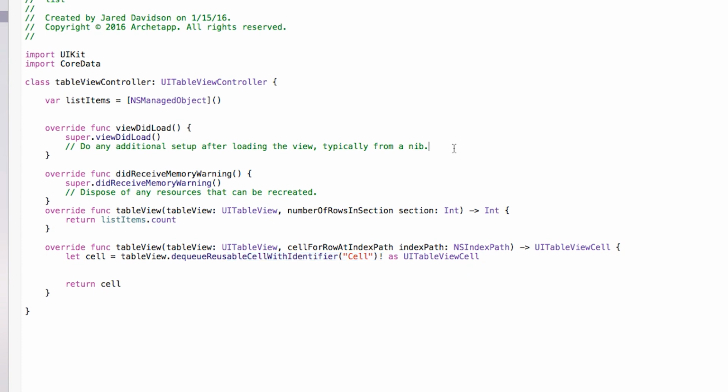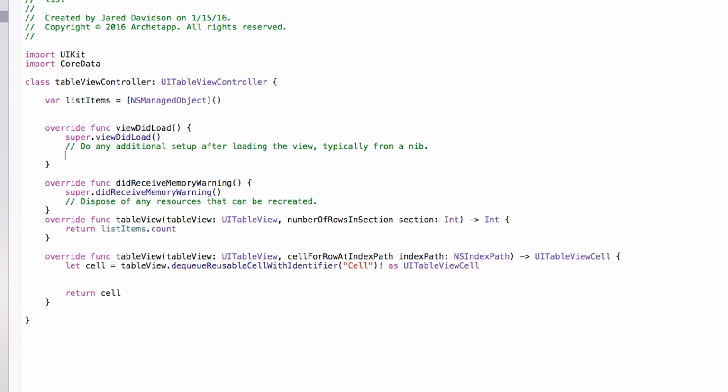So we want this to be corresponding with whatever we put inside of our viewcontroller.swift right in this place right there. Now one thing we want to do is have a button in the top right corner of our screen so that when we press that button we can actually add a new item into our table view. So let's go ahead and just say